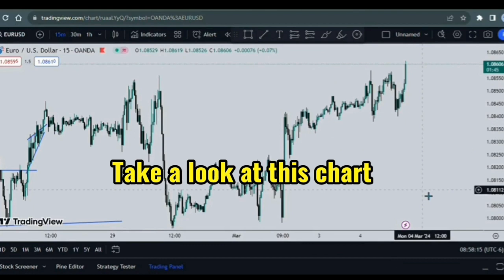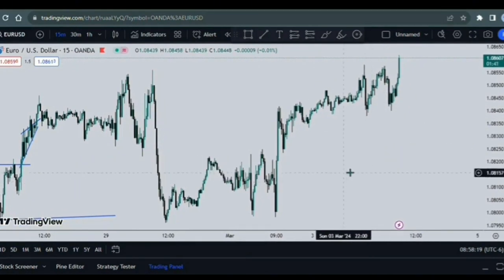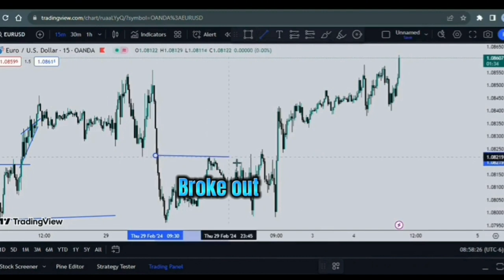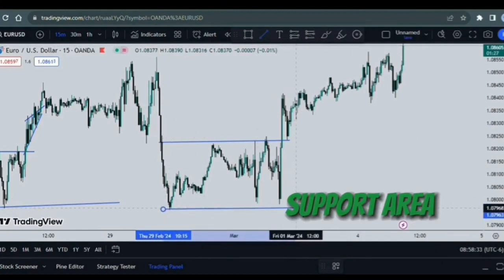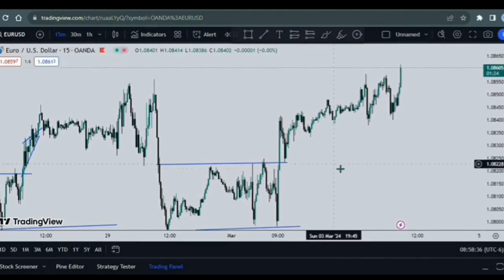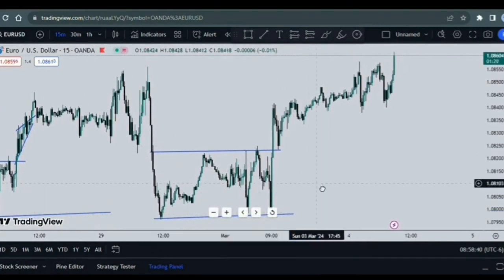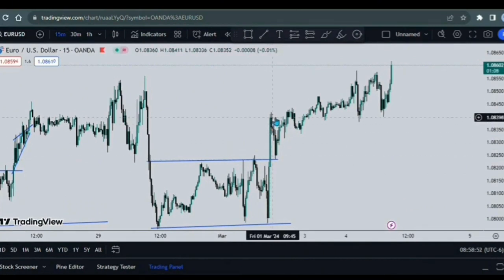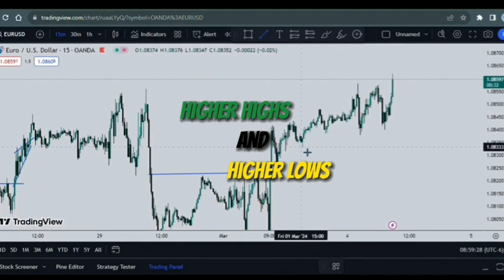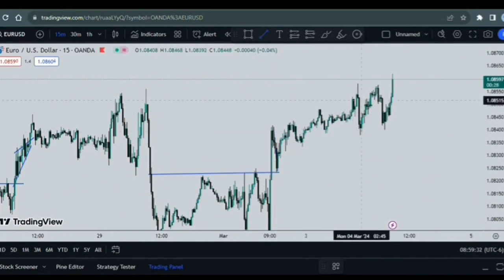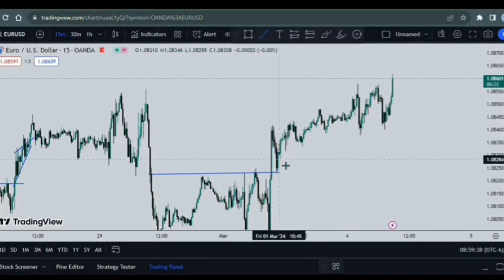So guys, take a look at this chart. This is a 50 minutes time frame chart. As you can see, first of all, price broke out of this rejection area. Also the support areas are equal. So guys, price broke out of this resistance area. Now price came back again, touched this area, and as you can see, price went up again and formed a higher high, a higher low, a higher high, a higher low, higher high, higher low. If we take the trend and mark it,